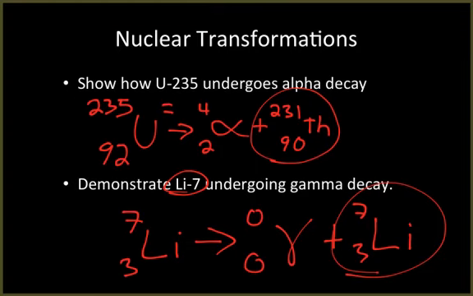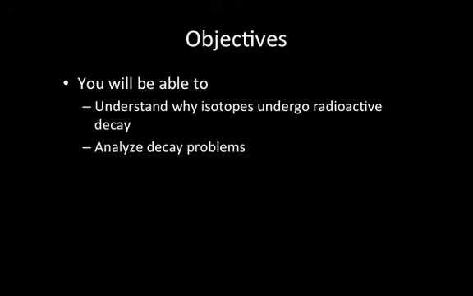So again, just take it one step at a time. Look at what nuclear transformation you're undergoing, and then write out your response, just like you would any type of math problem. It's very easy to do. But again, this just showcases how unstable nuclei become stable nuclei by releasing some type of radioactive particle. So hopefully today you understand why isotopes undergo radioactive decay and can analyze some decay problems. You should be able to perform any of the decay problems that I or any other teacher would be able to give you. So take this knowledge with you, and next time we will talk about fission and fusion